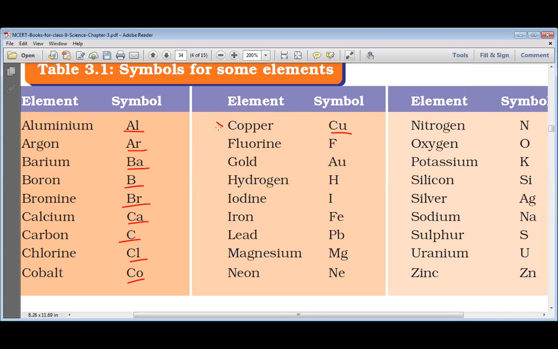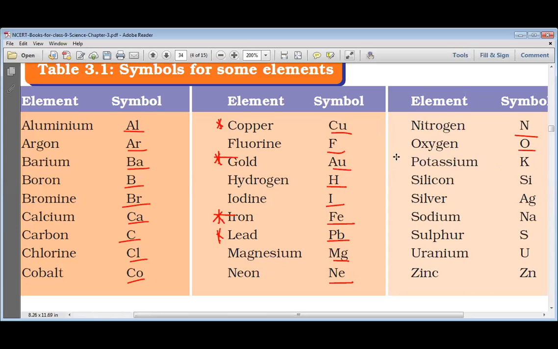Now there is something special in copper that I'll tell you at the end. Then for fluorine we write F, for gold we write Au, for hydrogen we write H, for iodine we write I, for iron we write Fe, for lead we write Pb, for magnesium we write Mg, for neon we write Ne, for nitrogen we write N, for oxygen we write O,